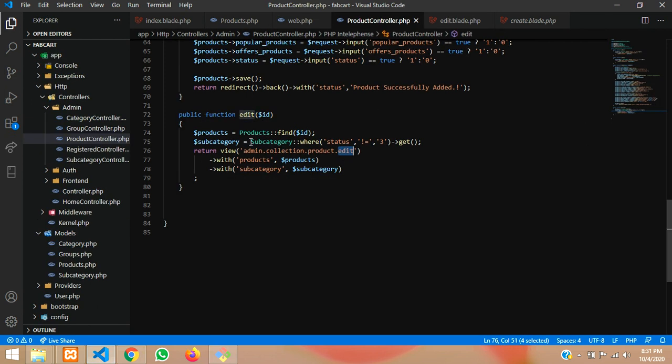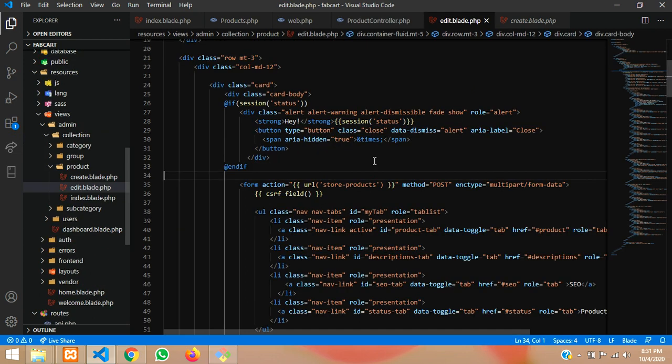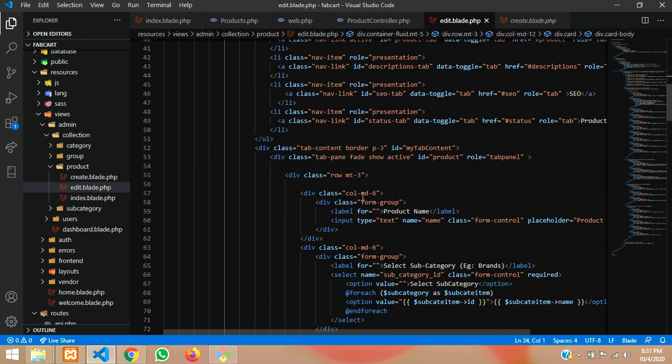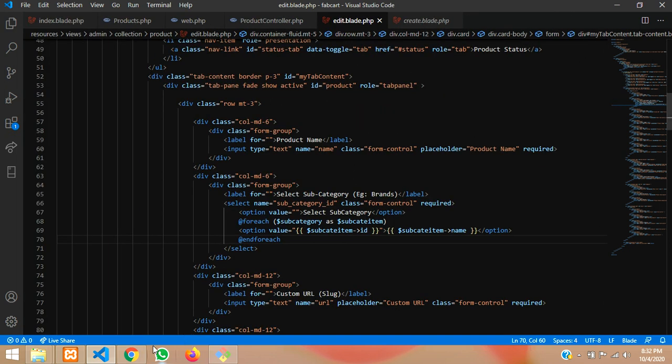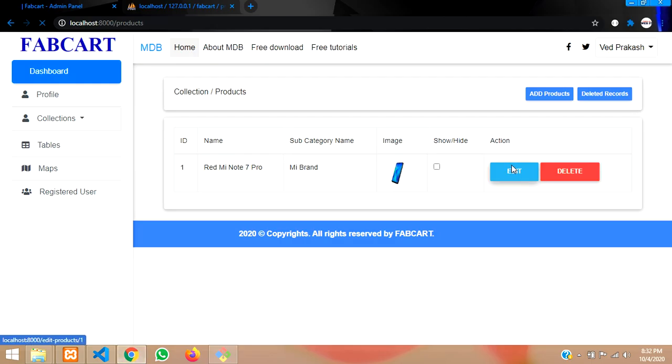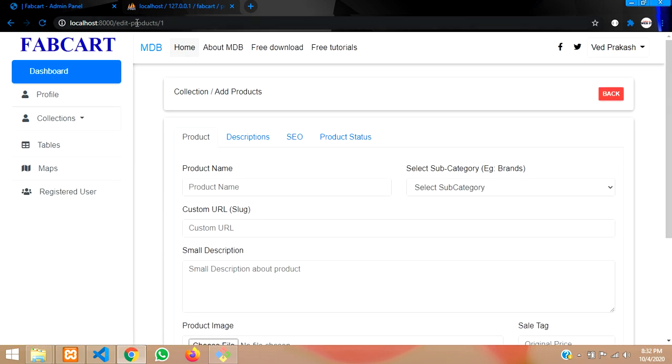As I wanted to tell, this subcategory, we are viewing this page, right? Inside the edit page, you will be able to see that form, I mean that subcategory. See over here it is. So let's paste that, and the subcategory items around, so you can fetch that over here to show it. Cool. So now guys, we will just click on that edit and check the data. I'm going to click on the edit button, and you can see that the edit URL is correct with the data, and you can see the same thing, same headers, but we will change this now.